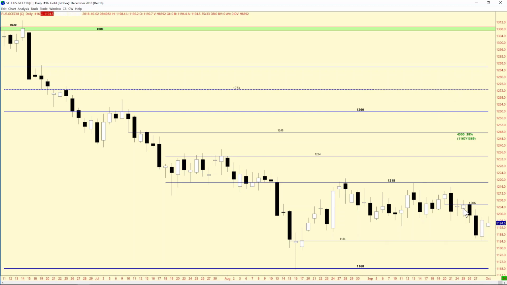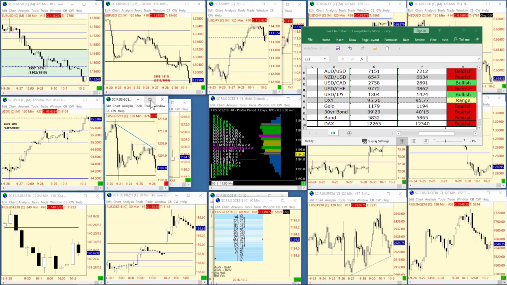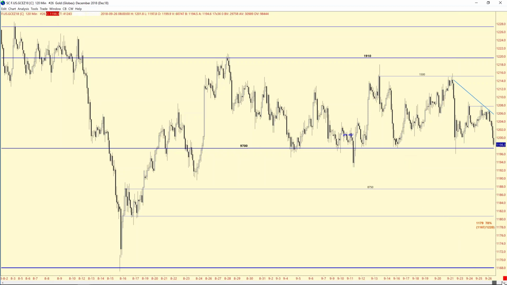We succumbed and broke out of that 1197. We know that 1197, we're looking at the daily here, is a very key level, but I want to give us an idea where we stood for a further outlook. Getting here to the 1197, you can see this is a huge level, and the market had gone back and forth, and eventually we broke below the 1197 area and pressured the market. Let's push this back here.